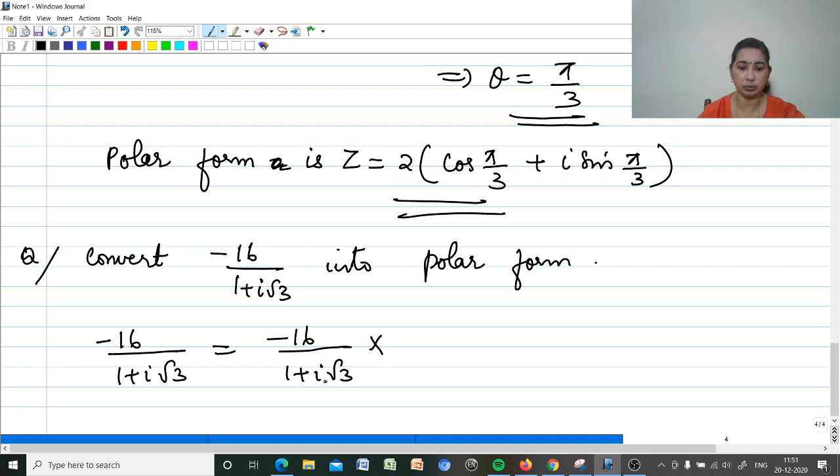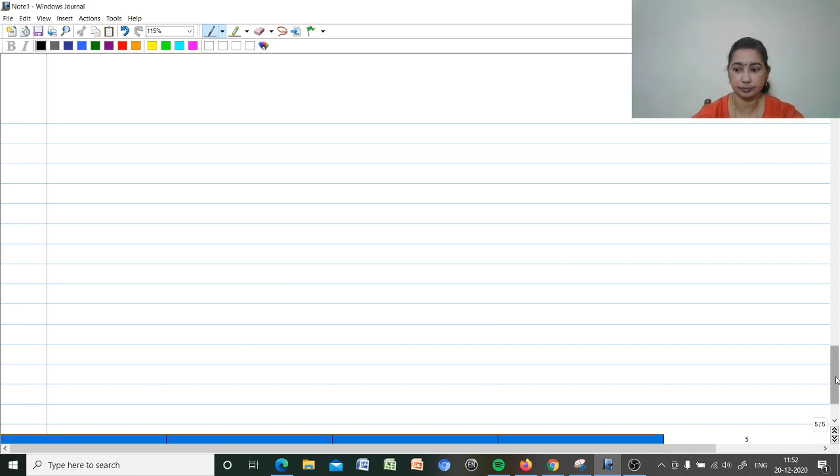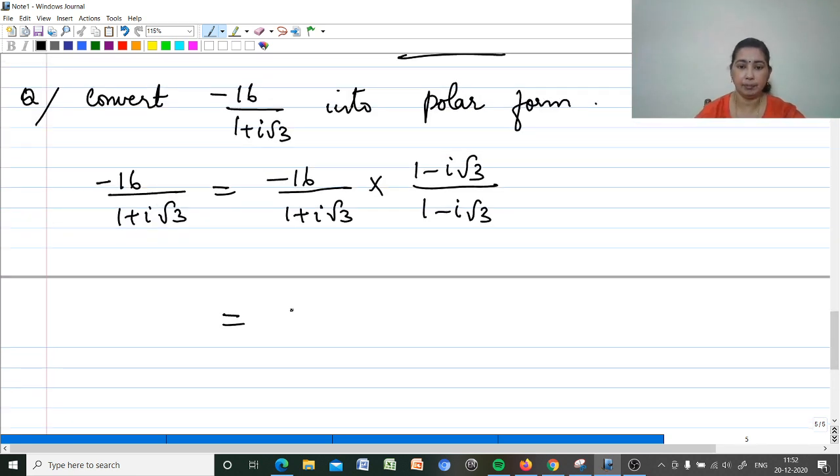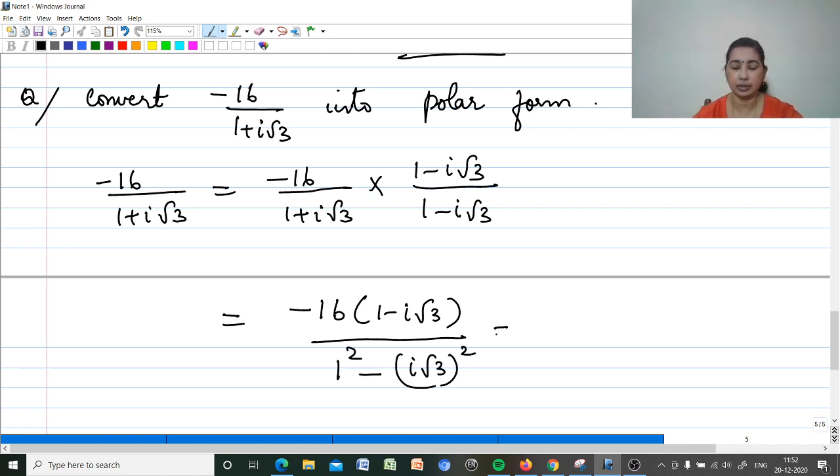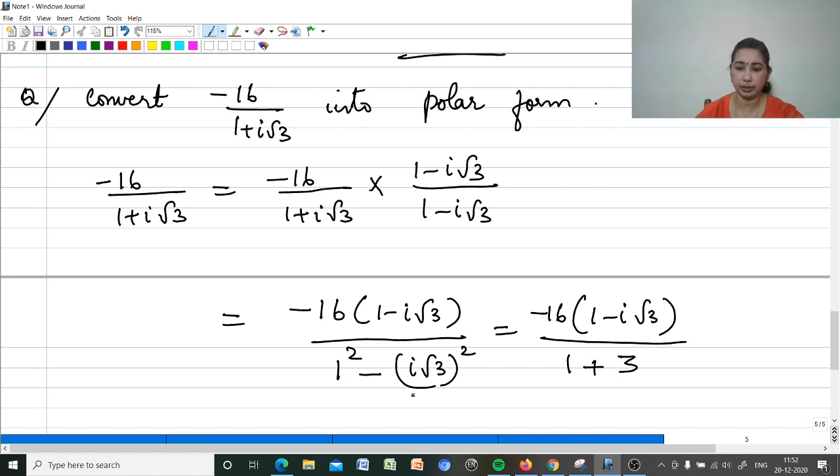3 can be written by multiplying by its conjugate, that is 1 minus i root 3 divided by 1 minus i root 3. That is minus 16 into 1 minus i root 3 divided by a plus b into a minus b is a square minus b square, so 1 minus i root 3 whole square. That's equal to minus 16 into 1 minus i root 3 divided by 1 minus i square, which is minus 1, so plus root 3 square is 3,